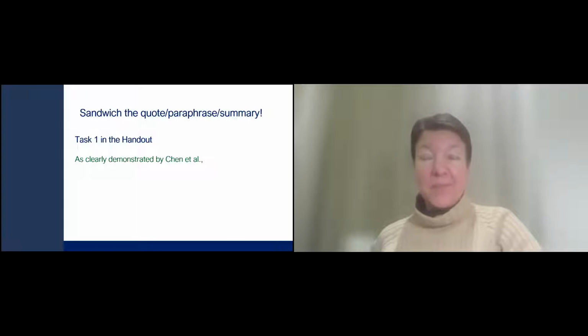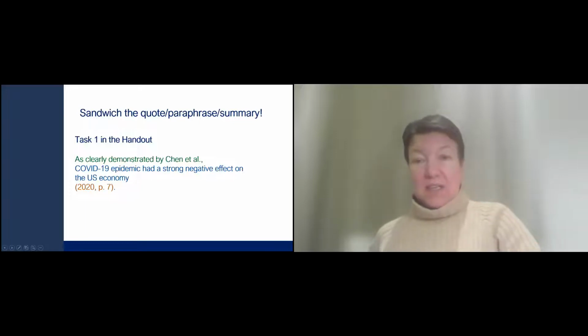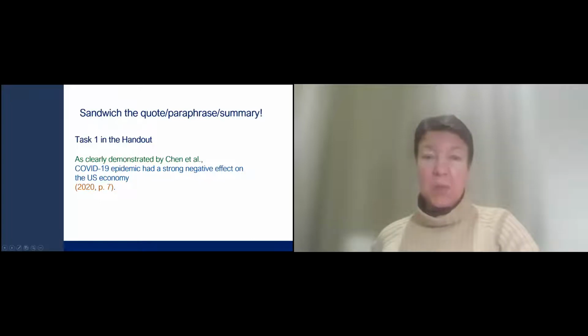So what did it look like practically? The example that I used was, as clearly demonstrated by Chan et al., COVID-19 epidemic had a strong negative effect on the US economy, year and page number. Again, the main reason to have this phrase, sometimes sentence, before your summary and the in-text citation, in this case, it's just the year and page number,